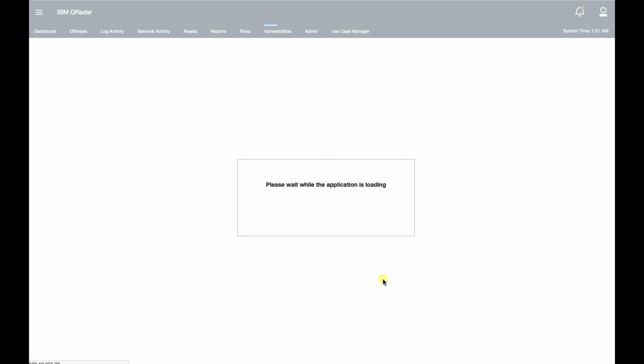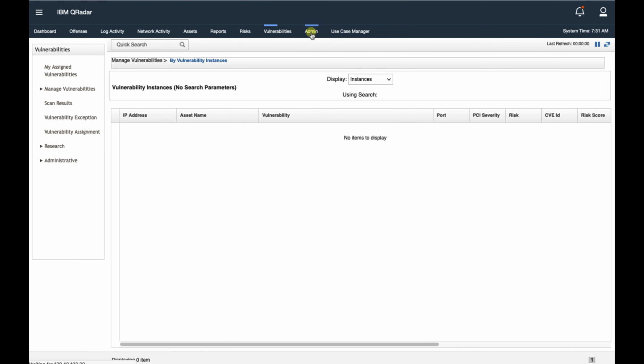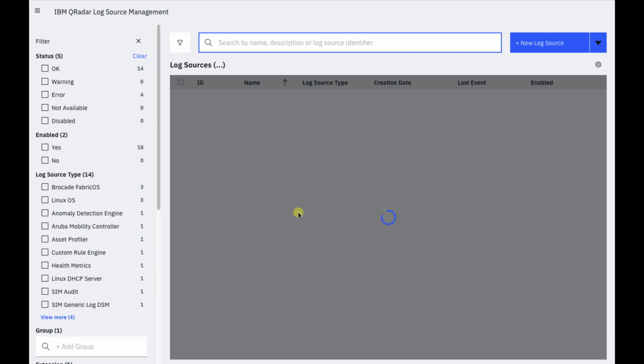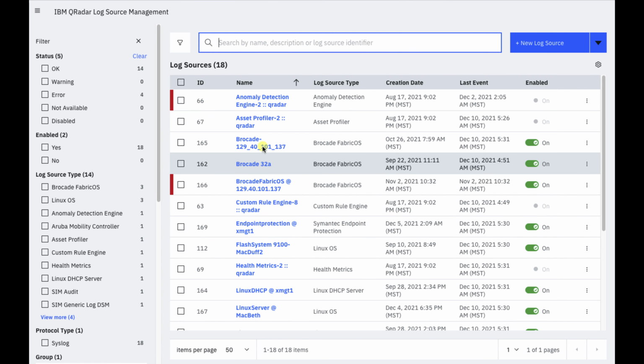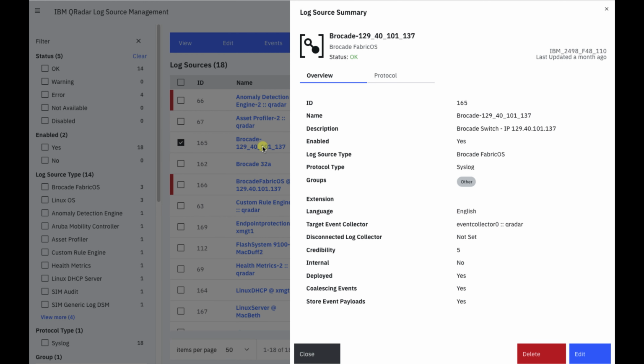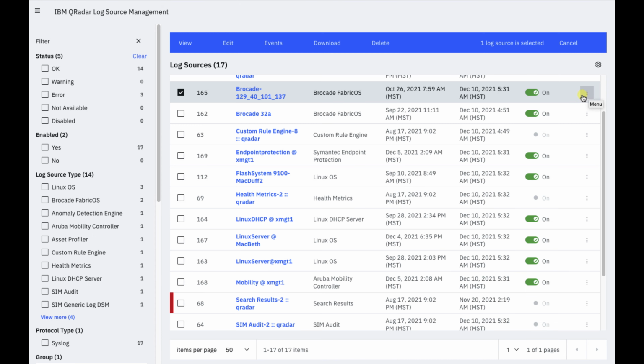or Monitor. Now back in QRadar, I want to actually take some other actions when I notice some of these events. So the first thing I need to do here is we're actually going to double check those log sources I mentioned earlier. So you can see all the log sources that it actually is configured with. And for example, I'm going to click on that Brocade switch right now. And as you can see, we're all set. It understands not only the messages, but it's enabled.